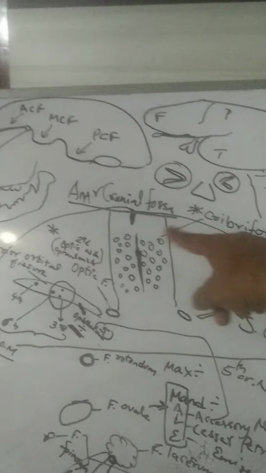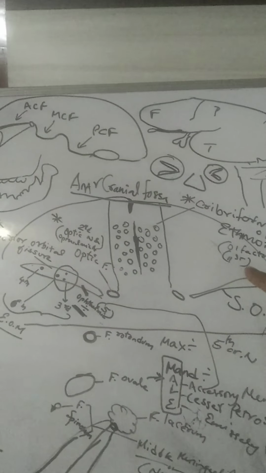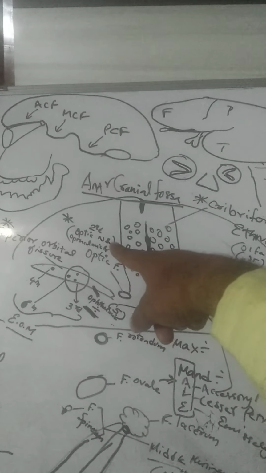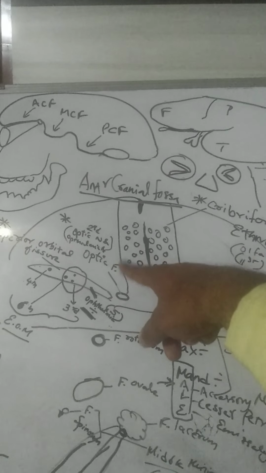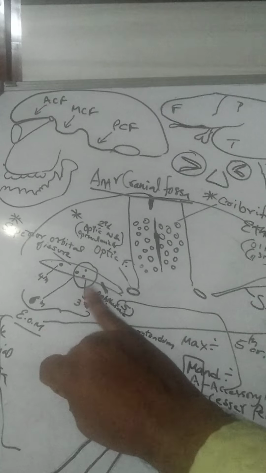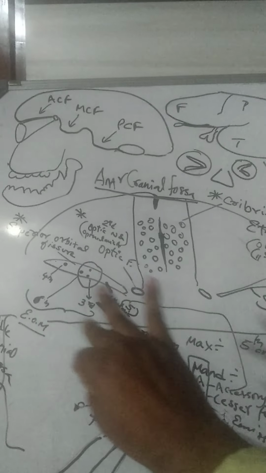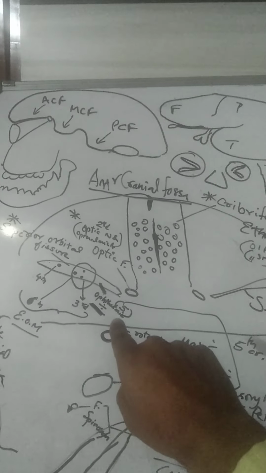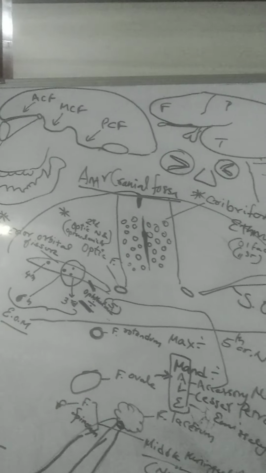So ultimately the cranial cavity has got many foramens, but in order, if you remember, the cribriform plate of ethmoid bone, first cranial nerve will pass, that is olfactory nerve. Optic foramen, second cranial nerve will pass, that is optic nerve. In the superior orbital fissure, 4 cranial nerves will pass. The third oculomotor nerve, the fourth cranial nerve or trochlear nerve, fifth cranial nerve only one division, ophthalmic division of trigeminal nerve, sixth cranial nerve or the abducent nerve.